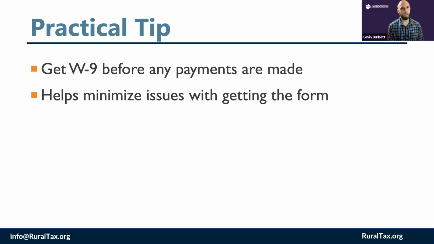1099s filed. So sometimes you may ask for that information and they're somewhat hesitant to give it to you. As a practical tip, if before you've gotten anyone to perform services for you, if you can send them the information for what you need for that W-9, and that way, before any payments are made to that person, you have that information on hand for later on when you might have reporting requirements. And they're going to be more motivated probably in that instance to give it to you because they're going to want to receive their payments correct.